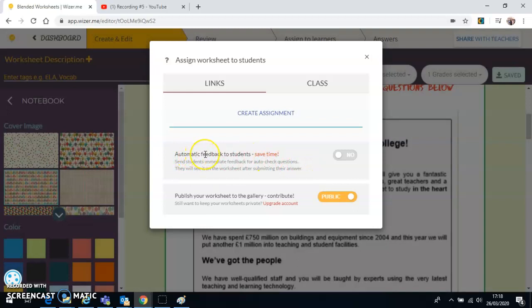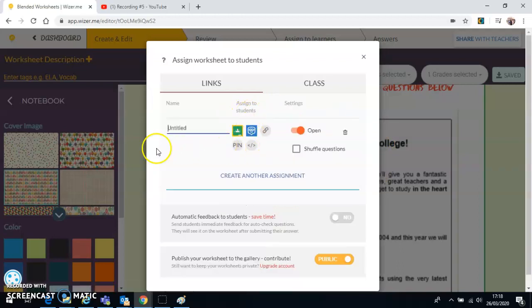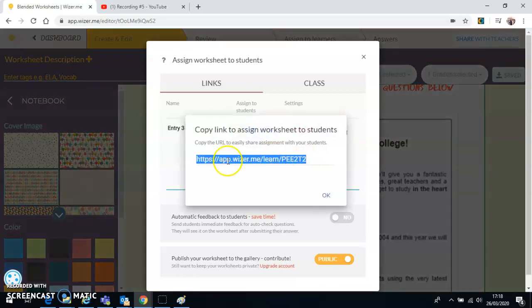If we have specific questions like a sentence paper, we can have automatic feedback to students. But because we ask the students to type and write their answers, I'm not going to click on that one. So I'm creating the assignment, and I'm just going to say entry free group 6, for example. I'll just have to make a group. And we have a Google Classroom, which I said we don't have access to. But the best and the easiest solution is for us to copy the